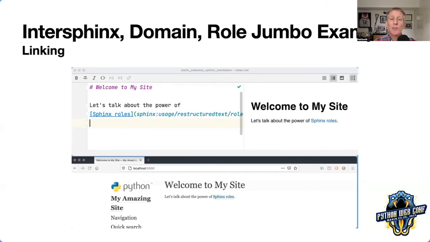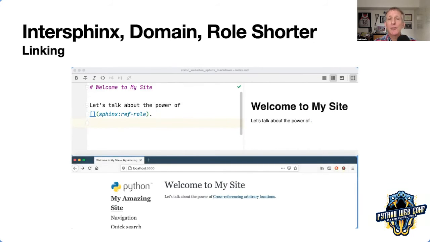The text that goes in is the text that is managed and defined by the author of the thing I'm linking to. And if they rearrange their path and put those docs somewhere else, my site will keep working because I'm using symbols. I'm not using paths. All right.